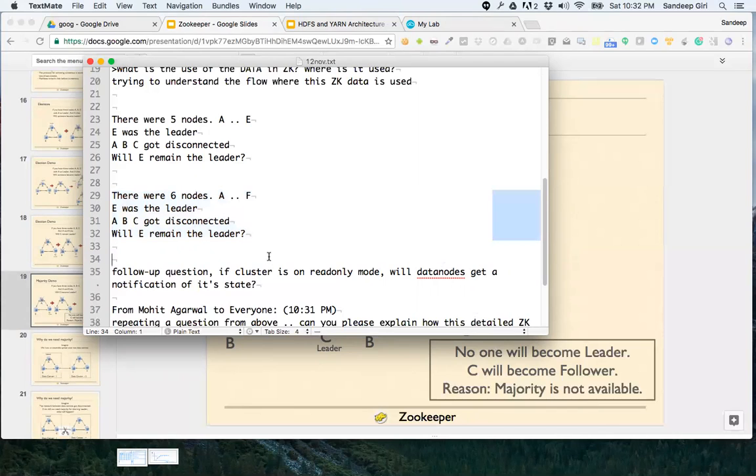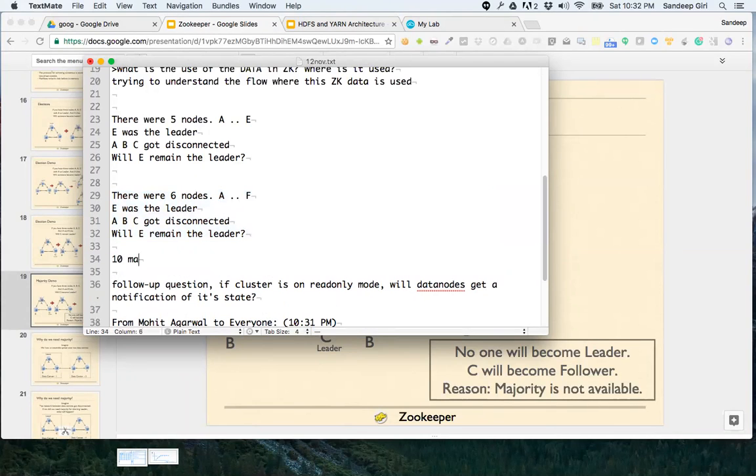And imagine that we had, say, 20 machines, and only 10 are available. Still no election, right? We have 10 machines available and still no leader, no election, and therefore my whole cluster is useless, right? Why is it so?